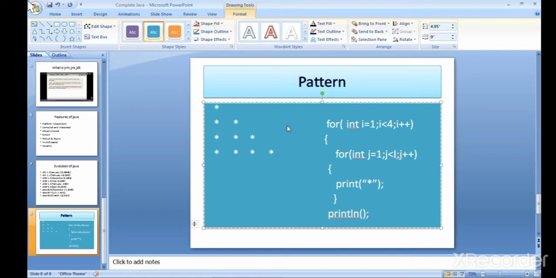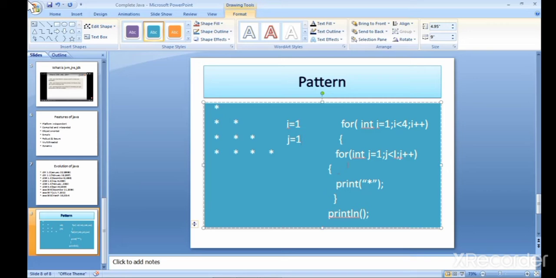So here we get I is equal to 1, okay, and j is equal to 1, also 1. Then this condition is true, j is checking condition. If j is less than I, then it prints star, okay.